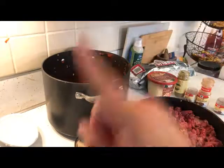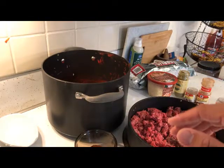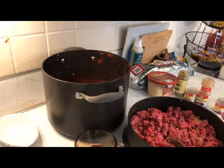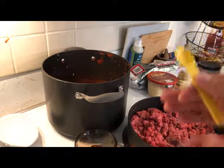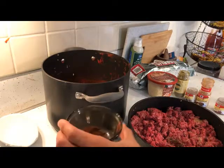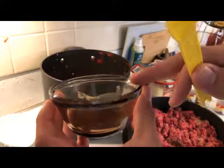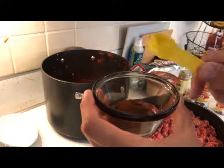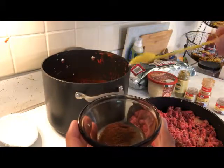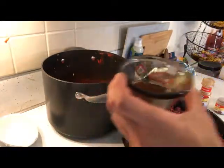All right, pro tip number 1. So while we have the meat simmering at about 60% heat, we want to start getting the seasoning on there. But since we want the seasoning to be evenly distributed amongst the meat, all of the measurements we're about to do for the spices, we're going to put in this little bowl here. So find one of these, and we're just going to put everything in here. You're just going to need, everything's going to be a half teaspoon or 1 teaspoon. So I'm just going to use a half teaspoon here. So we have